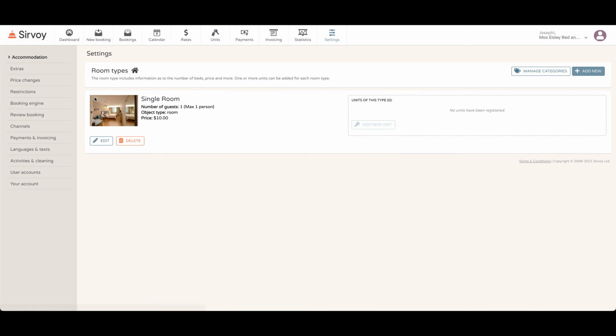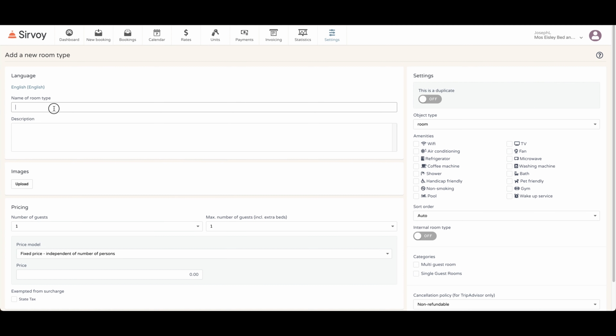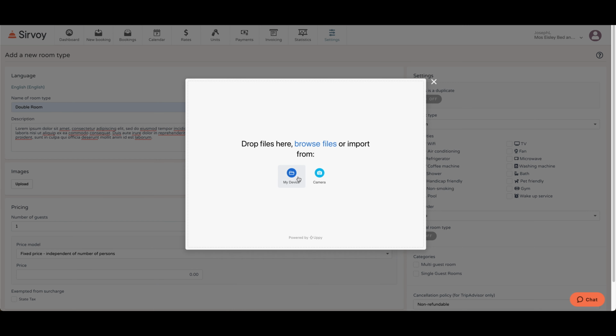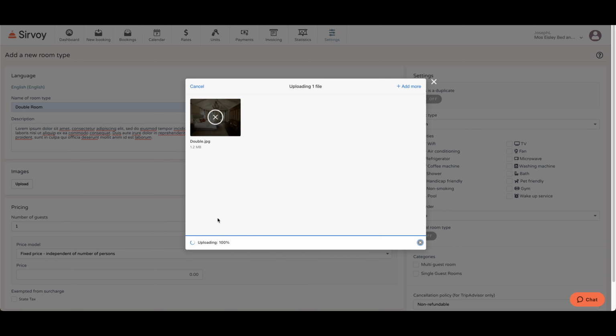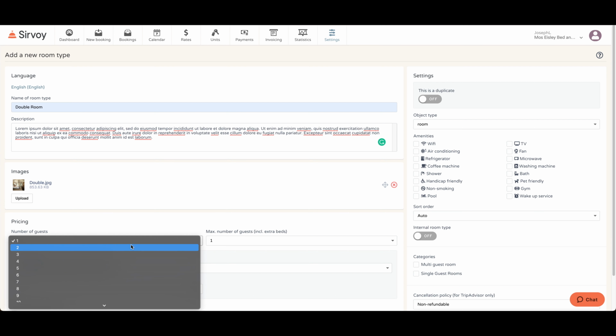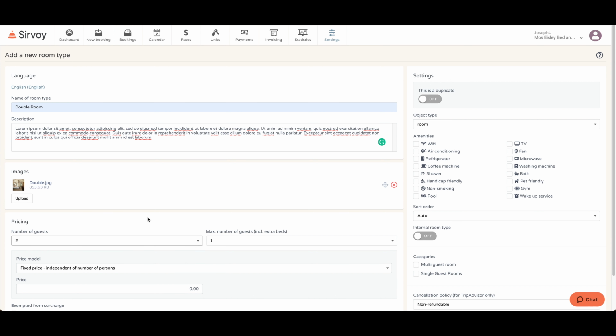So there you go, I have my first room type. Now I'll add another one, which will be the double room. I'll title this double room, enter in the generic text, and upload an image. Click on done. And here the max number of guests is 3, but 2 can go on the actual beds,